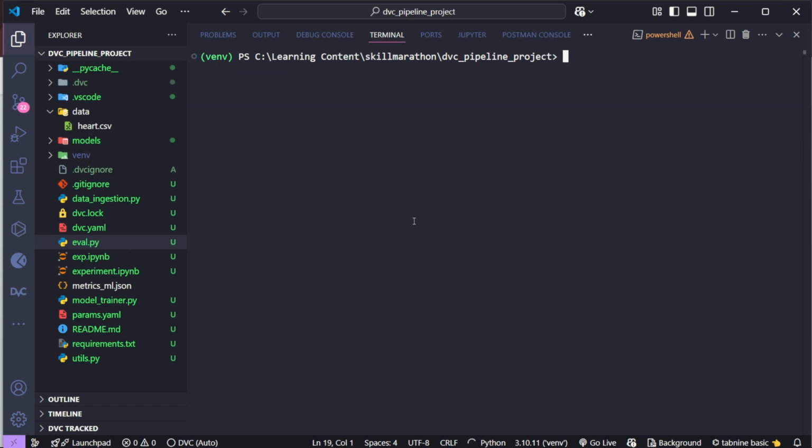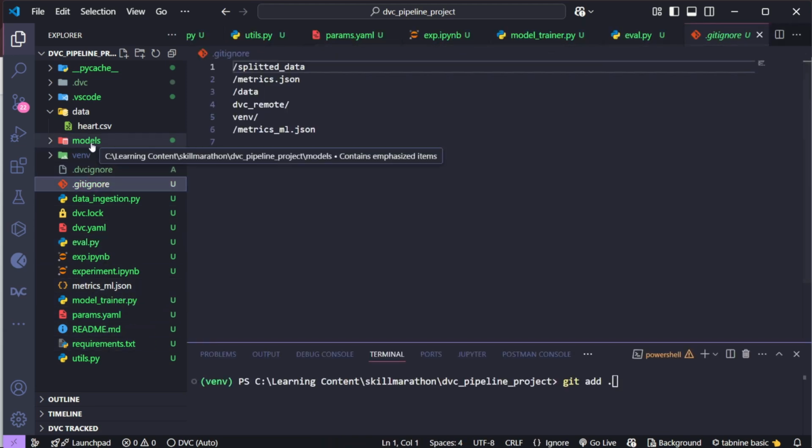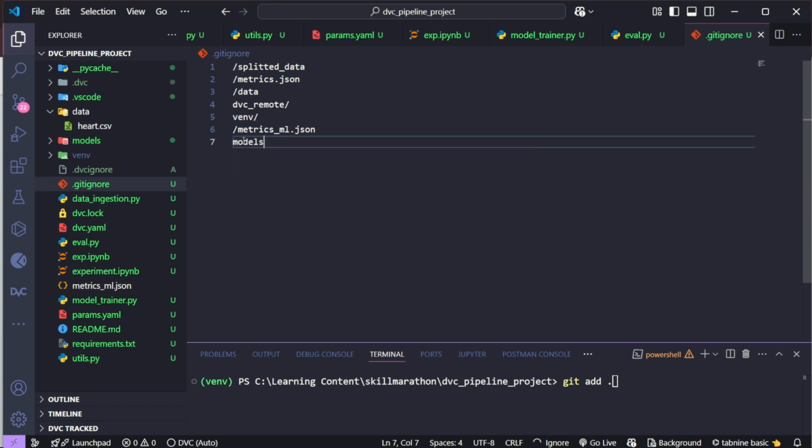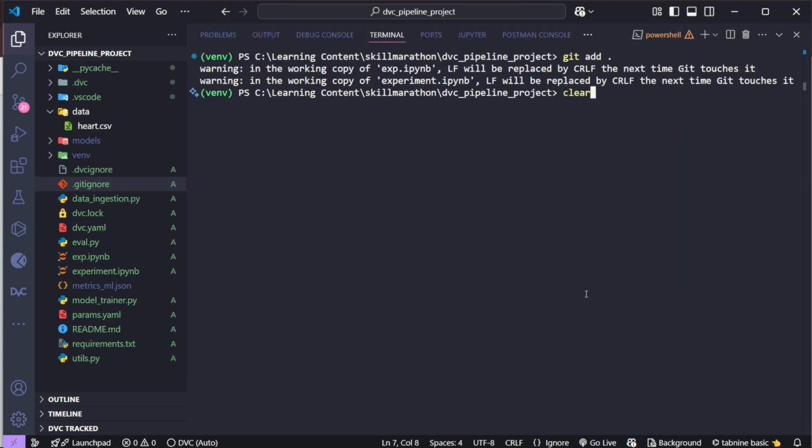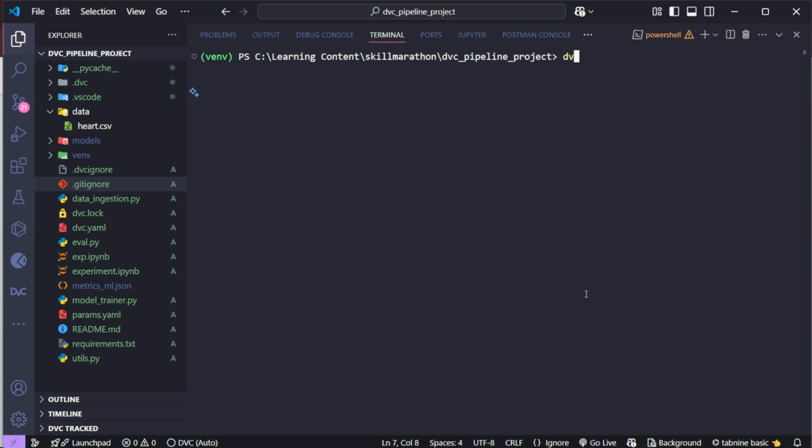Let's solve this error. Okay, let me do one thing. I guess I need to add this log file. That is why. Let me do git add. Before doing git add, now I need to change inside this .gitignore. That is, the model folder should not be tracked in GitHub because it contains a model that I don't want. Okay. Now, if I come back to our code, dvc add ., it should add everything. Okay. Now if I run dvc exp run,